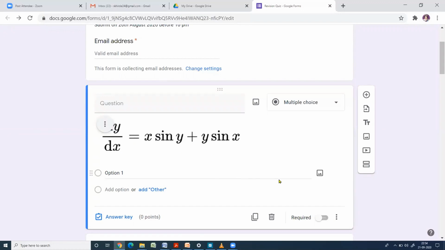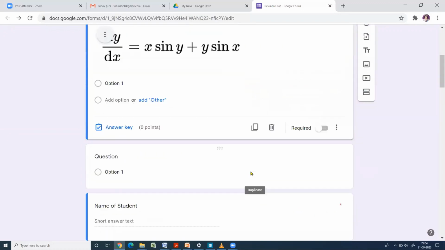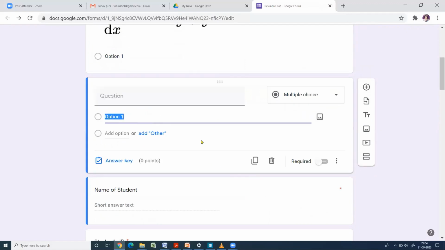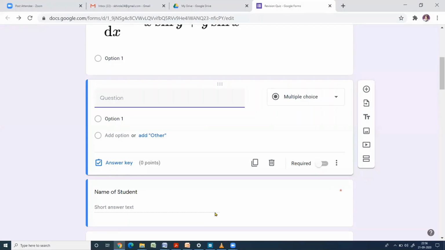Now we will see how to add the image in your Google quiz. Suppose this is the question where I want to add the image. So let us see how I can add the image to the question. Suppose I have a question which has an image. Let us see the question. Refer the figure to answer the question.